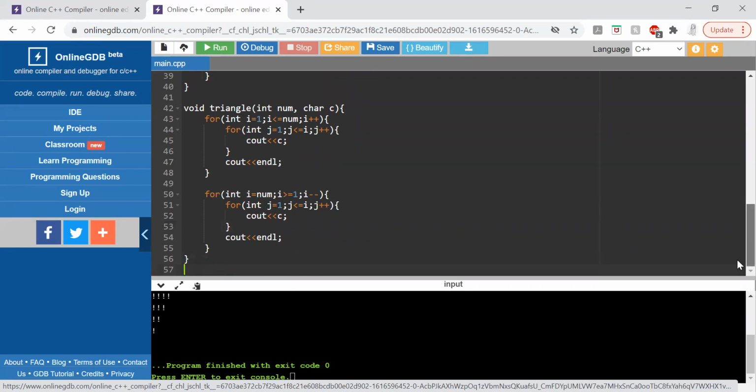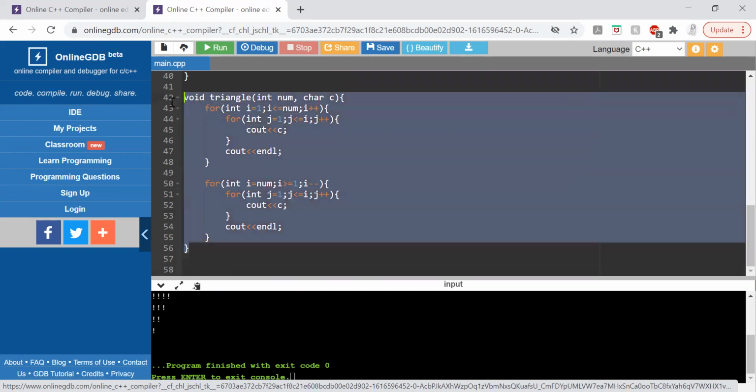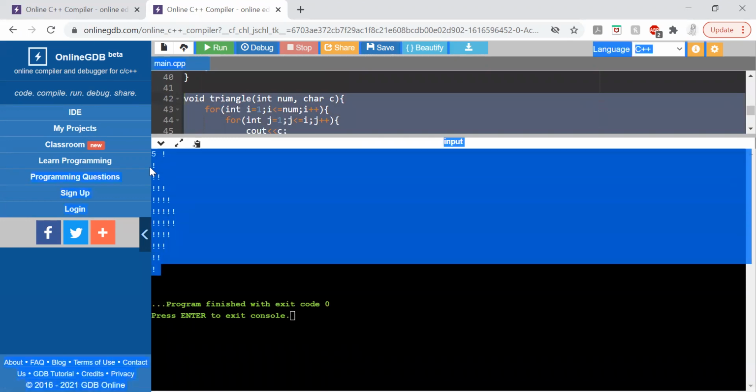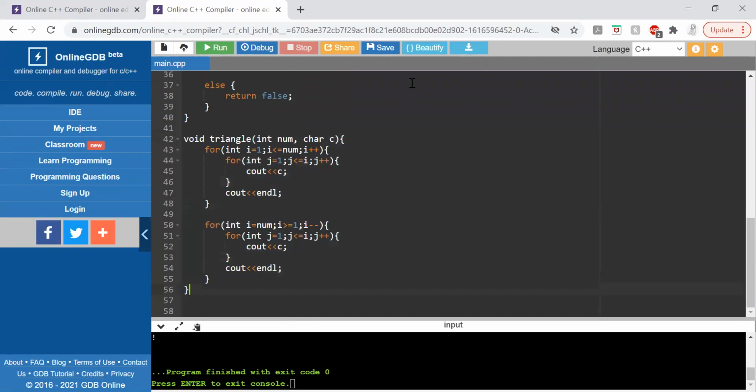So this was a slightly tricky question, but you girls never disappoint me. So we got it right. We now know how to print a funny looking shape in C++. So I am going to stop recording and stop